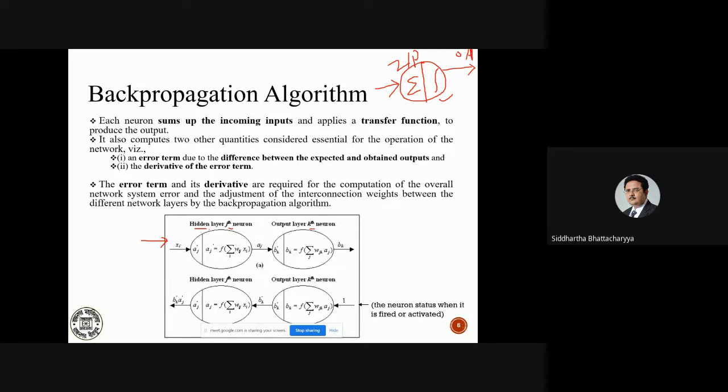In the forward case, what you do is give some inputs xi. These inputs come from the input layer and are multiplied by the corresponding weights wij, isn't it? These are all weights. So what we are doing is taking the summed-up product of wij and xi over all i, the number of inputs. And then you apply the activation function